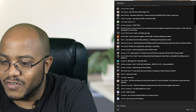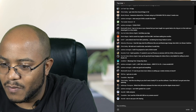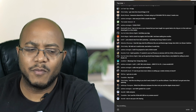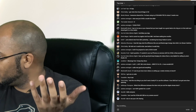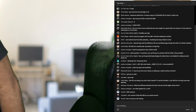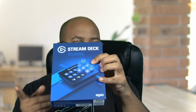Yeah, nice thing is you don't need a beefy PC. Yep, exactly. What's the difference between the ATEM Mini Pro and the Elgato Stream Deck? The Elgato Stream Deck is just a programmable interface. Like, for example, I am working on that right now for a church, and this is there, and